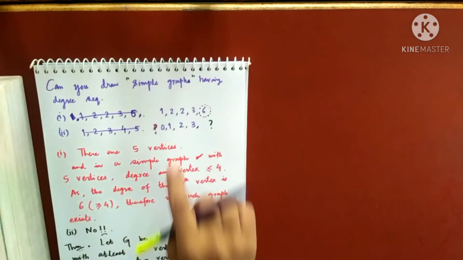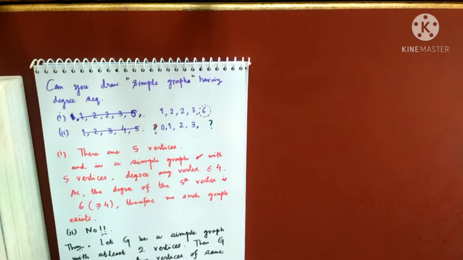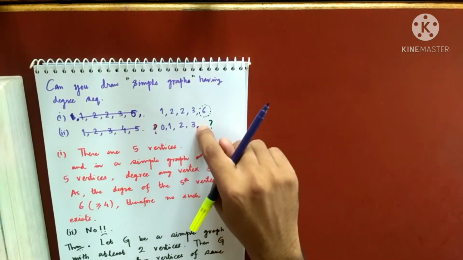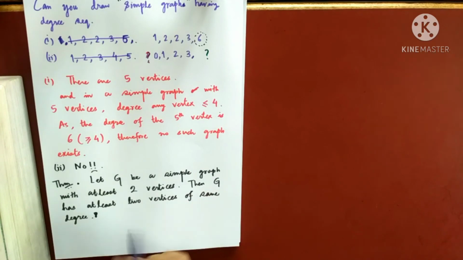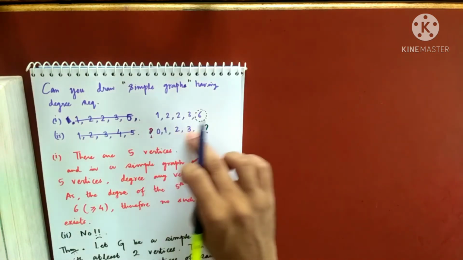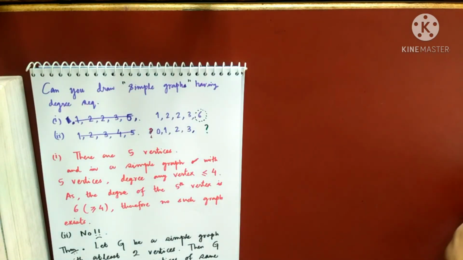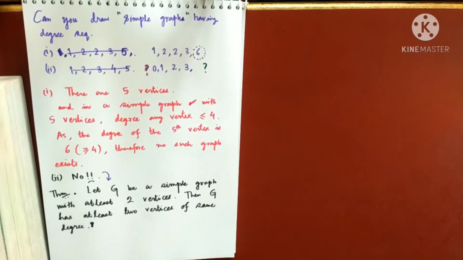And now you know why you cannot draw a simple graph, because this is a graph having 4 vertices, which is more than 2, and I cannot find 2 vertices having the same degree. So I cannot draw a graph, because in a simple graph whenever there are at least two vertices, there will be at least two vertices of the same degree. I'll do the proof in the next class, but I hope you understood why the answer is no, because I cannot find two vertices having the same degree. So the answer is given due to this theorem. Okay, so if you want to ask anything, please ask.